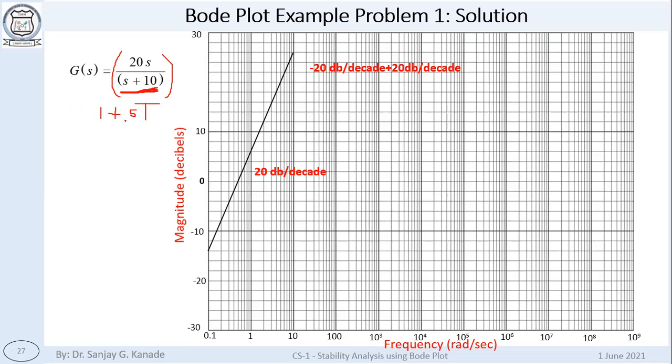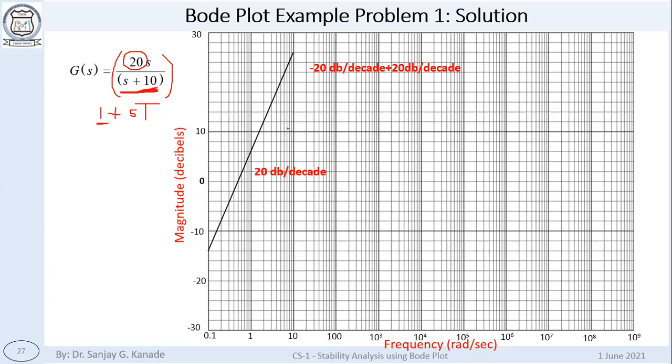So the coefficient of s has to be T, and it has to be added to 1. So whatever the term here is, we will divide by that term. This is necessary because the gain will depend on that particular value. That's why this particular step is important to be performed. Okay.